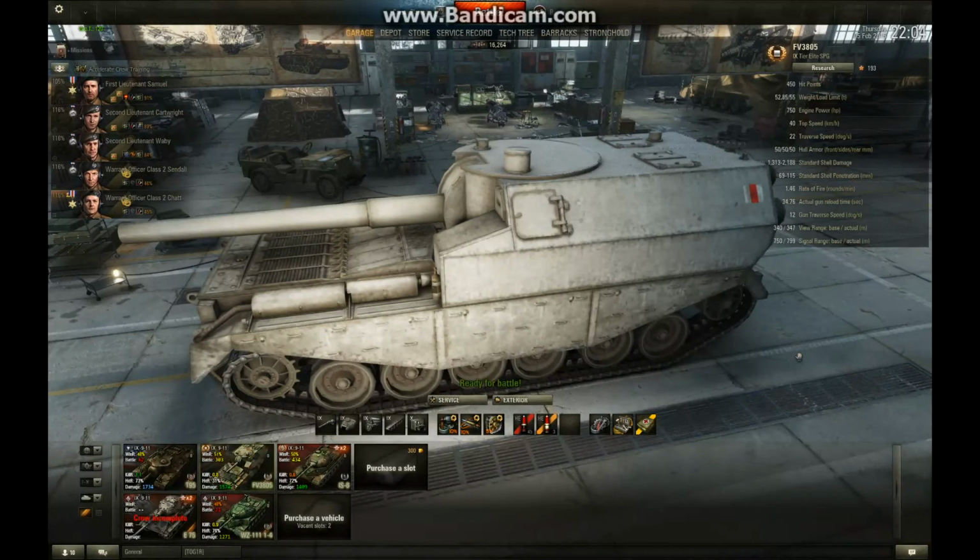I'm Underhook and this is my review of the British Tier 9 self-propelled gun, the FV3805. So, is it any good? I think for a Tier 9 artillery, it's probably pretty good. I say probably because this is the only one I've ever driven. I've only driven the British line and this is my first Tier 9, so I don't have a lot to compare it to. But having a look at the stats and after using this artillery, I'd say it's probably pretty